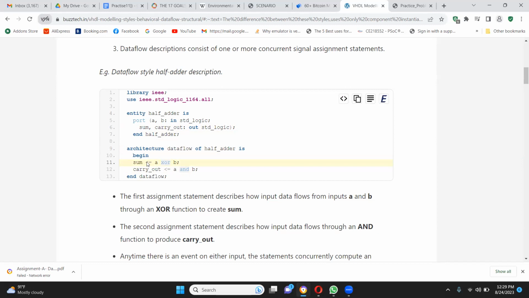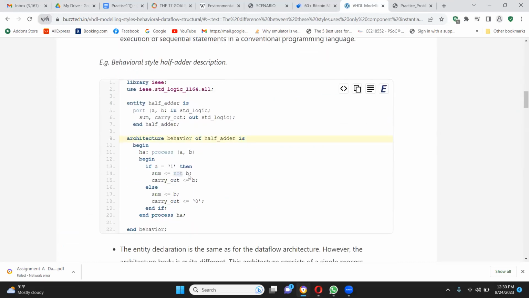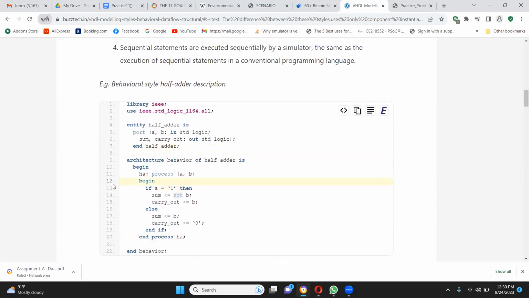When you do an XOR operation of A and B, you'll get sum. And the carry out operation is an AND operation of A and B. These XOR and AND operations are already defined in VHDL. They know how to do it. So this is happening with the data flow model. But if you compare the same operation with the behavior model, it is a little different. Here you are trying to use all the data that you have to implement the half adder. For example,